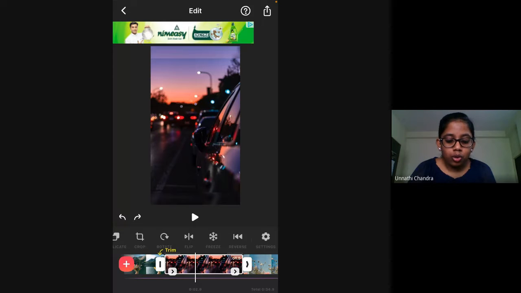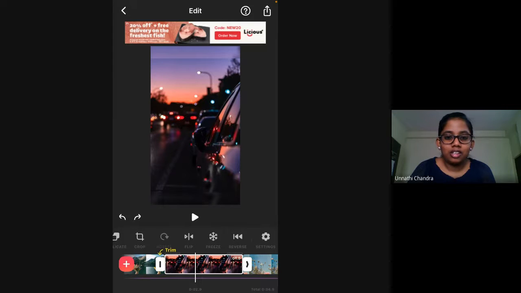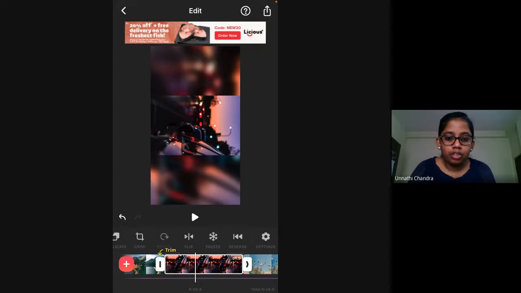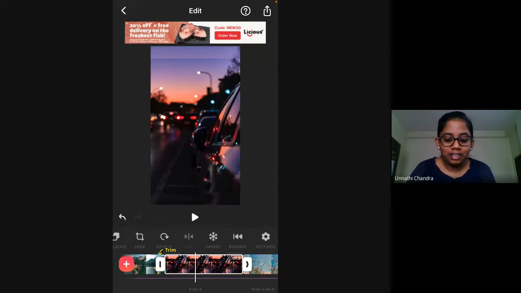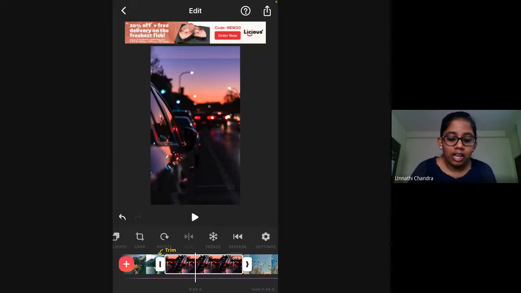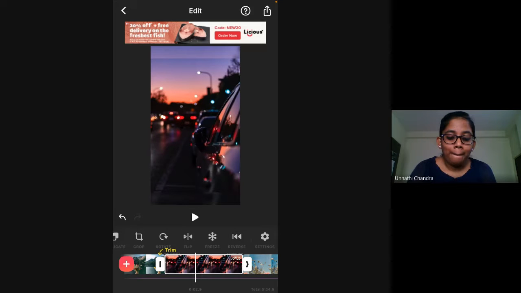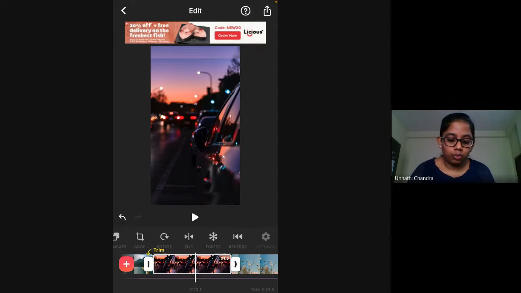And you can also rotate the photo or video. The rotate option rotates it 90 degrees per turn, so you can rotate it however you like. I'll just leave it as it is. You can also flip it, like mirror the photo, to whichever side you want. And you can also reverse a video. Say if I click on reverse here, it is an invalid operation because it's not a video. So if you're using a video clipping, you can reverse the video clipping too.